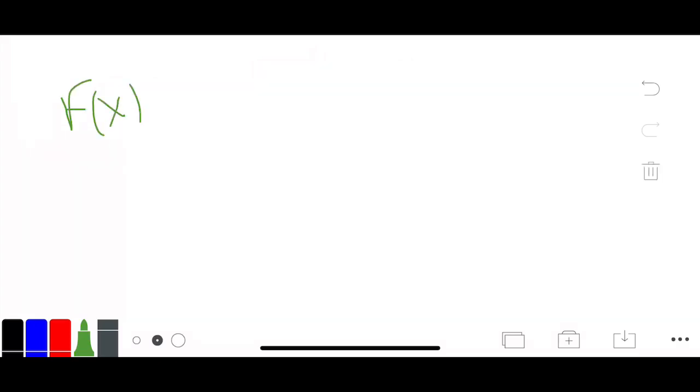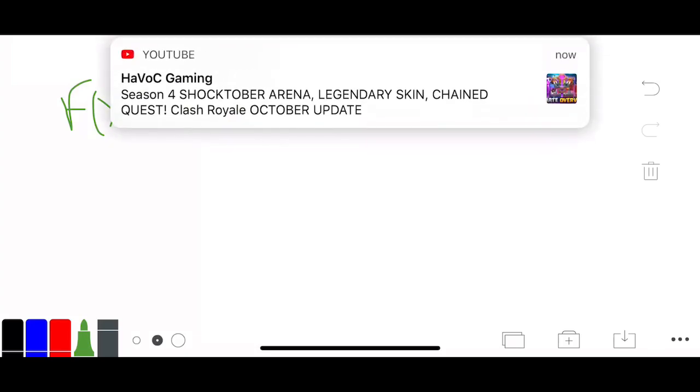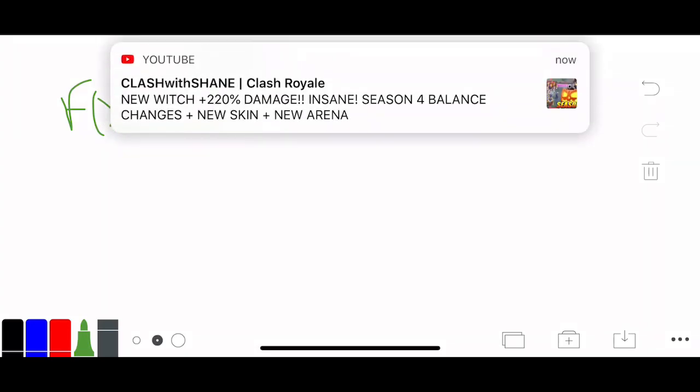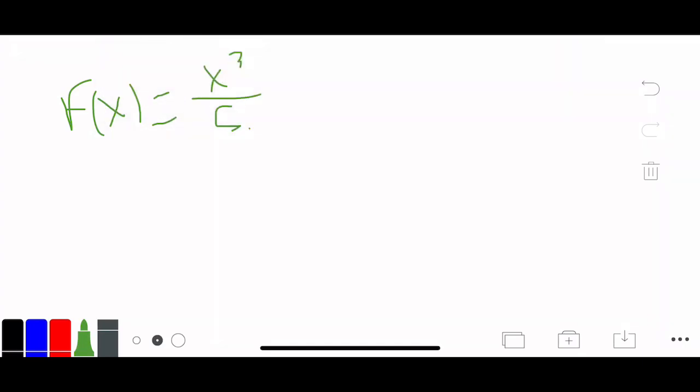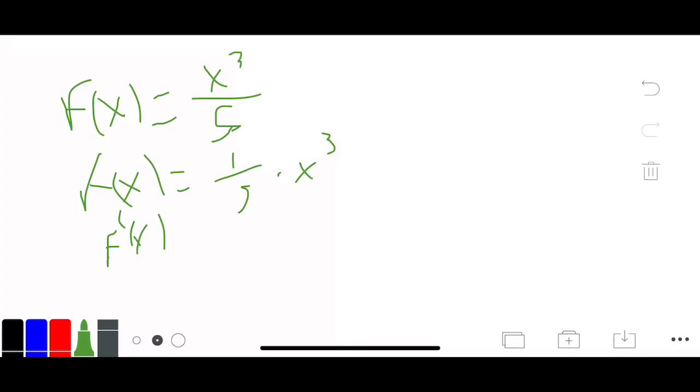And the last form I have for you is factor out constant. So for this one we have f of x equals x cubed over 5, and then basically f of x equals 1/5 times x cubed, and then basically we get the derivative, which is f prime of x, equals 3/5 x squared. So you write like that, so that will be your answer,